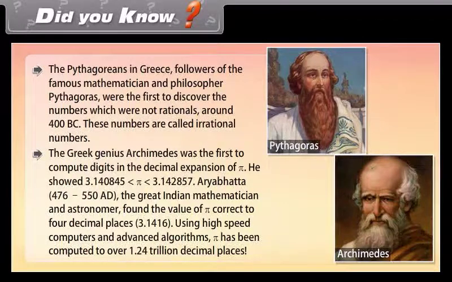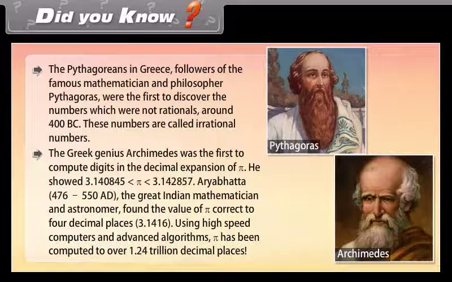He showed 3.140845 is smaller than pi is smaller than 3.142857. Aryabhata, 476 to 550 AD, the great Indian mathematician and astronomer, found the value of pi correct to 4 decimal places,